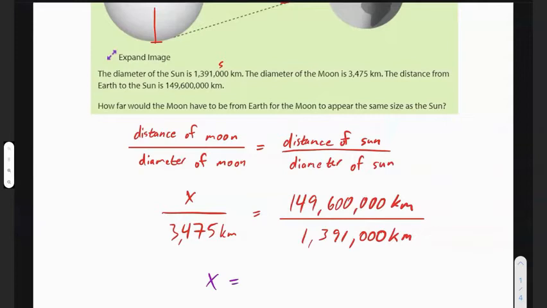So you should get x, the distance from the moon, to be 373,731.128. Let's go ahead and round up to 7 kilometers. All right, so this is the tenths, hundredths, thousandths, 10,000th place, just because whenever I think about